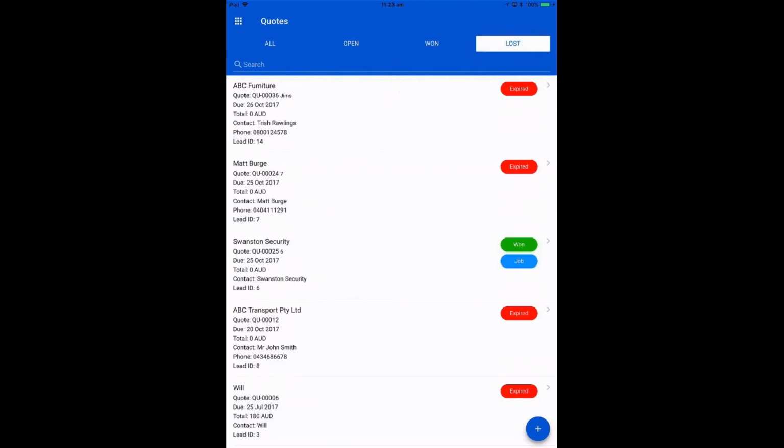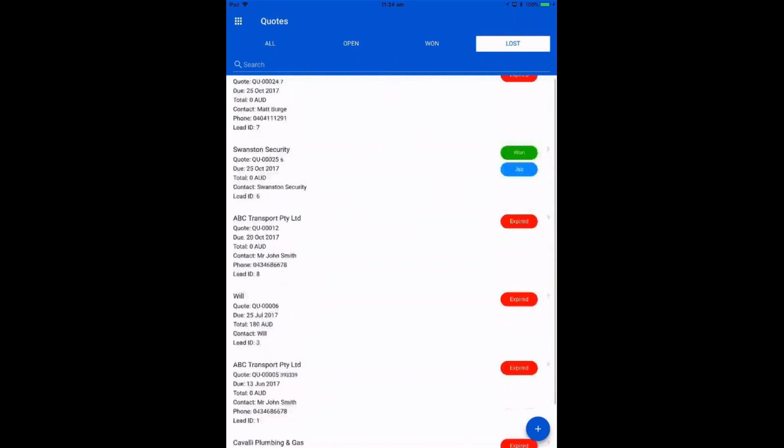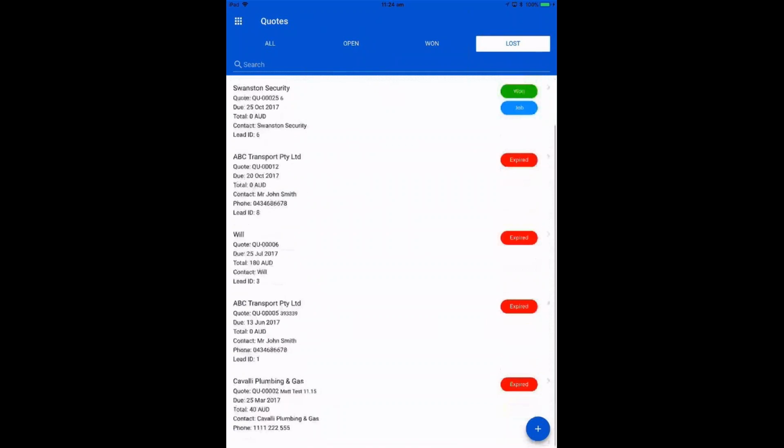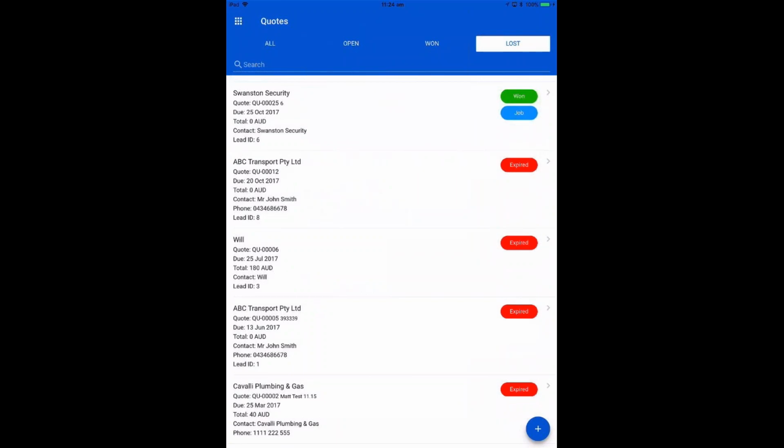Lost. As I said, there's a number of reasons a quote can be lost. It will either expire when it passes its expiry date, which is a setting again. In the settings, you determine how long that quote can be valid for, and then you can manually assign it to lost if the customer calls back and says they're not going to go with you. So that's quote management. If we jump across to the portal to have a look at the same thing,